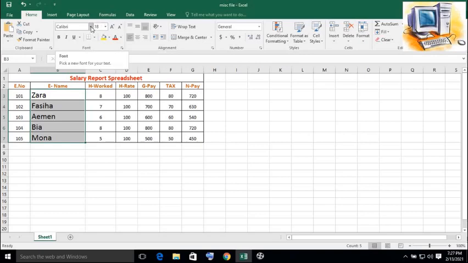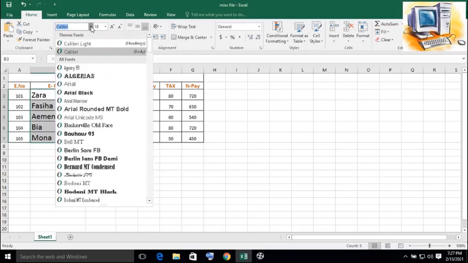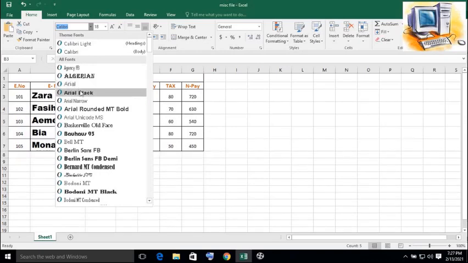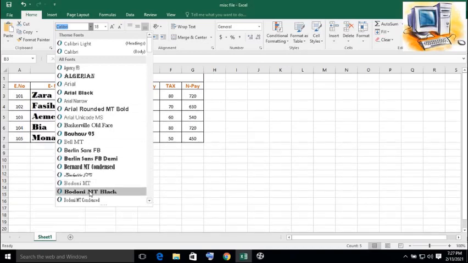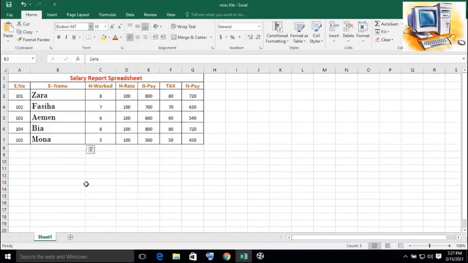Further, different fonts can also be selected, font styles can be selected, like for example if I go for the Arial one, Arial Black, and a lot of different styles are also given. So I can select these styles from this drop down menu. The font styles which are given in your book, that is bold, italic and underline.